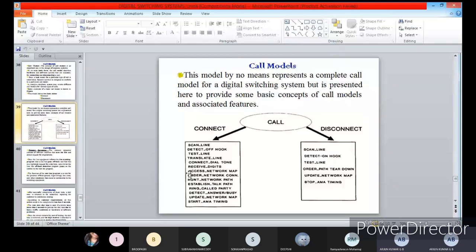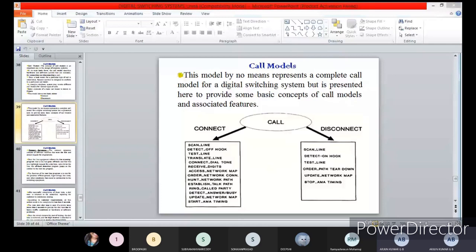Okay, everyone should note down this block diagram of call modules. We have only two options to make. Suppose you go for calling some other person, meaning connecting; some equipment is involved, both software and hardware, to make the connections. Similarly for disconnecting, after disconnecting the calls, some hardware and software will reset and perform some functions. What hardware and software are involved during connecting and disconnecting, we are discussing today. The first one is the connecting sequence: how the connections happen.